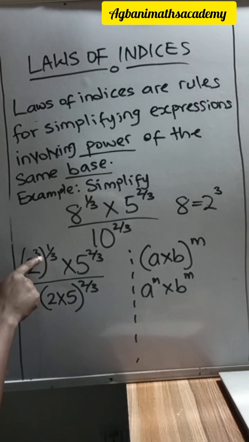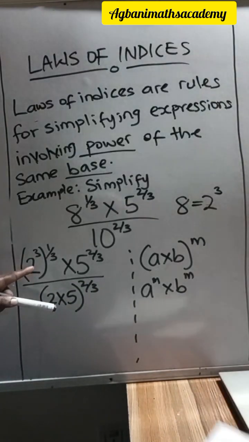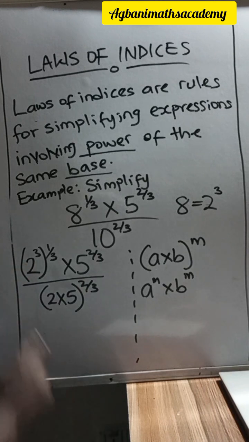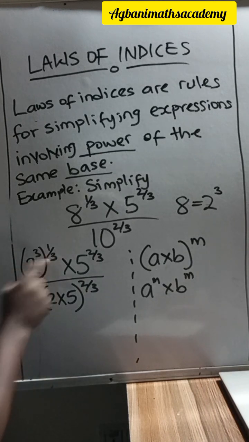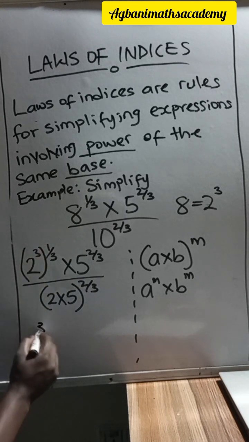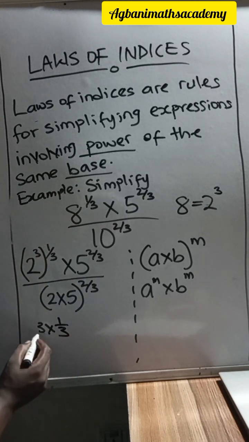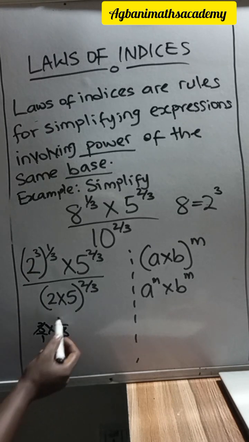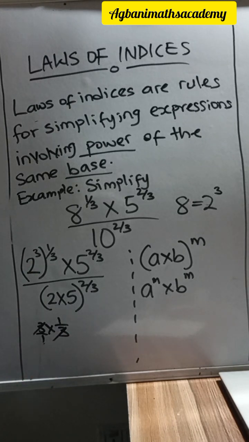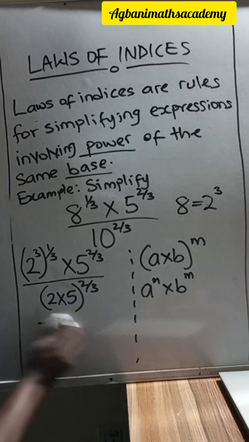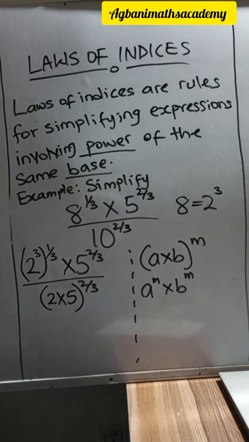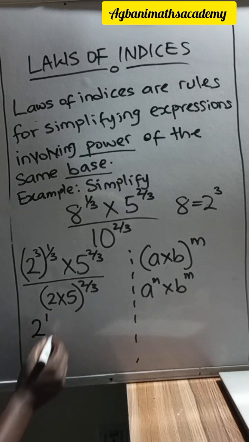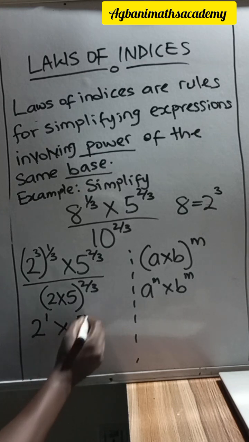But before we do that, let's look at this. The law of brackets says when you have a bracket, you multiply the powers. So you multiply 3 times 1 over 3. 3 is the same thing as 3 over 1, so 3 will cancel out 3. This will give us 2 to the power of 1, because 1 over 1 is 1. So this will now become 2 to the power of 1 multiplied by 5 to the power of 2 over 3